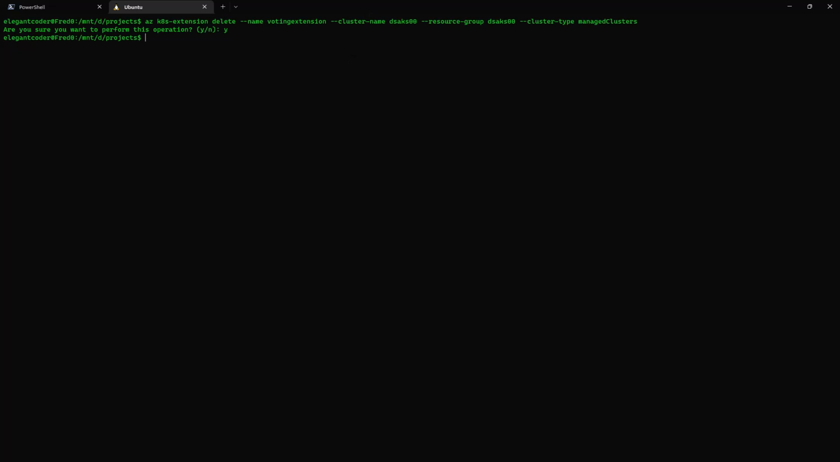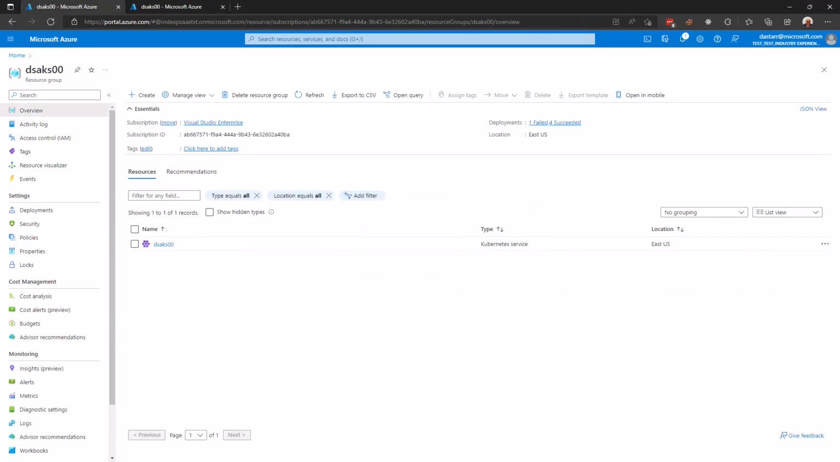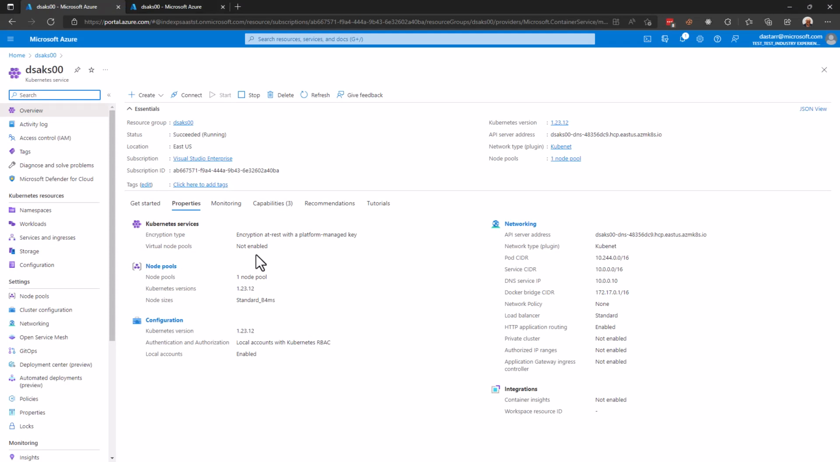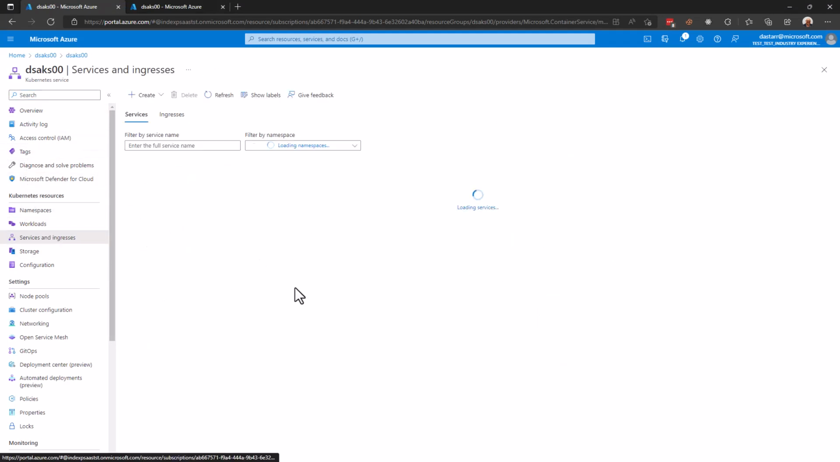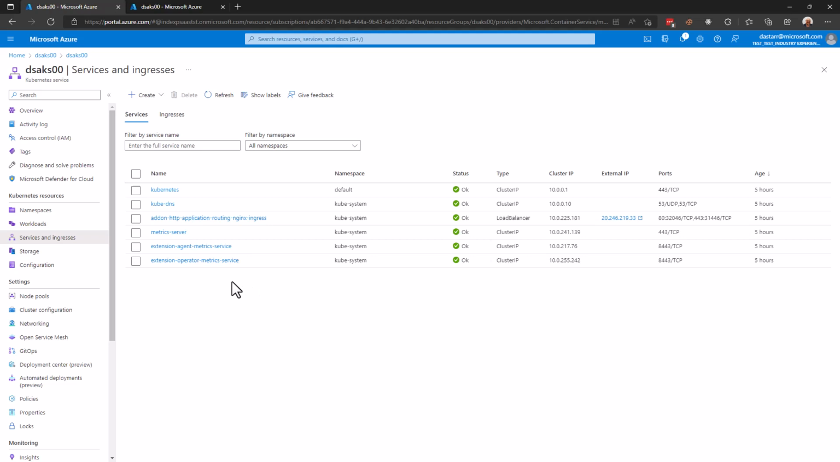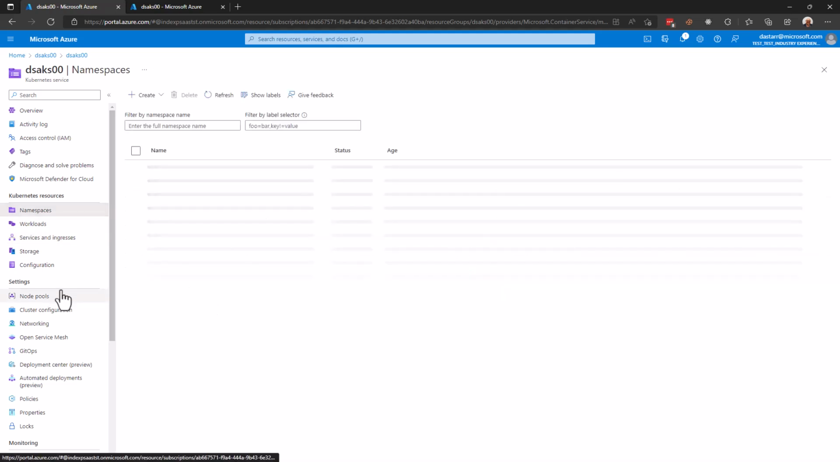Okay, we're back from deleting that extension, and we're going to pop over now to our portal and see what happened. Well, let's go into our Azure Kubernetes cluster and have a look under services. And it turns out that where we saw both the front and back end earlier, they're now gone. However, if we look under namespaces,